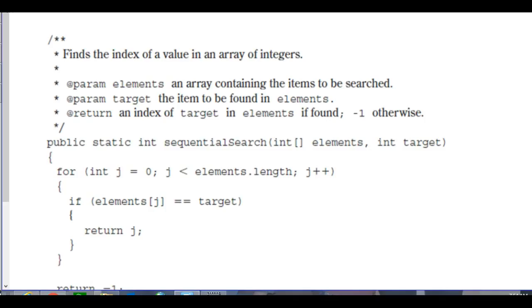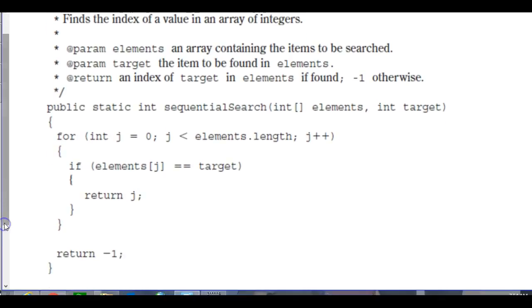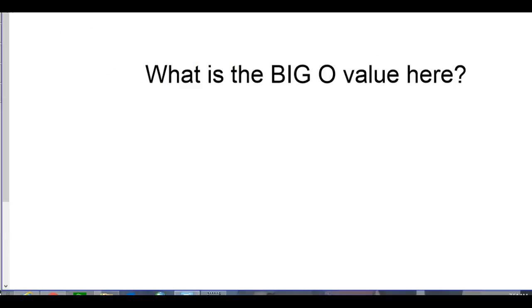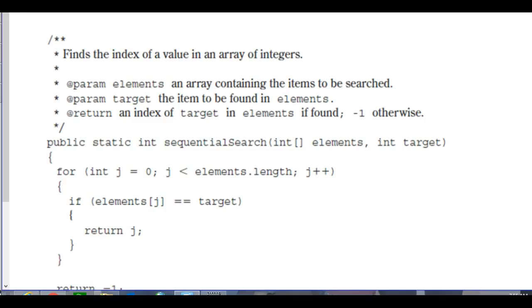The big O on it, if you look at this loop here, it's a single loop, one time through. So if we look at our big O notation, if you guys recall, this might be asking a lot for this morning, but what's the big O value for this loop? We go back to the code, think about it. So the big O notation here